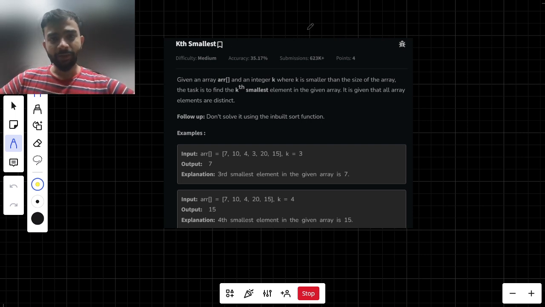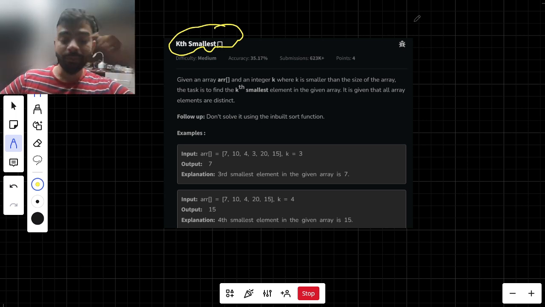Evening guys, today we are back with another problem, and today's problem is finding the kth smallest element present in an array. This problem statement is pretty simple, but before I solve it,